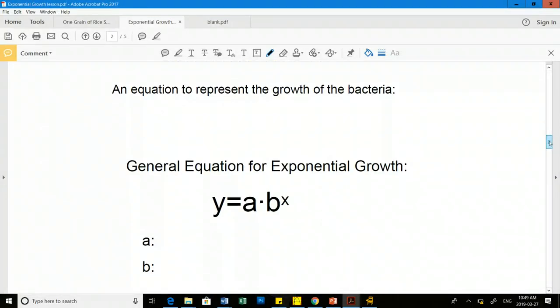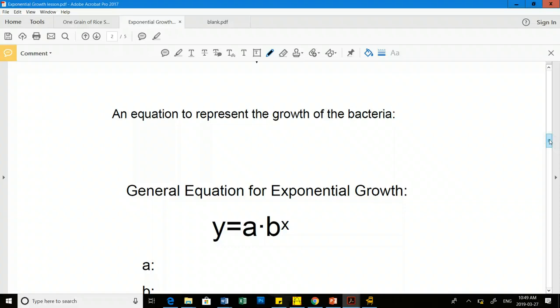So when we talked about the 1 grain of rice story, we were talking about how Randy asked for a single grain of rice on the first day, and we were doubling. So when we looked to find a quick way to calculate all the days in our 1 grain of rice, we were using bases of 2 to various exponents, right? We were saying, okay, so on the 30th day, we calculated 2 to the exponent 29, and that told us what was there. So if we're tripling, can somebody guess what I'm going to use in my formula? In the 1 grain of rice story, we were doing bases of 2 to various exponents. We were doubling. So if I'm tripling,